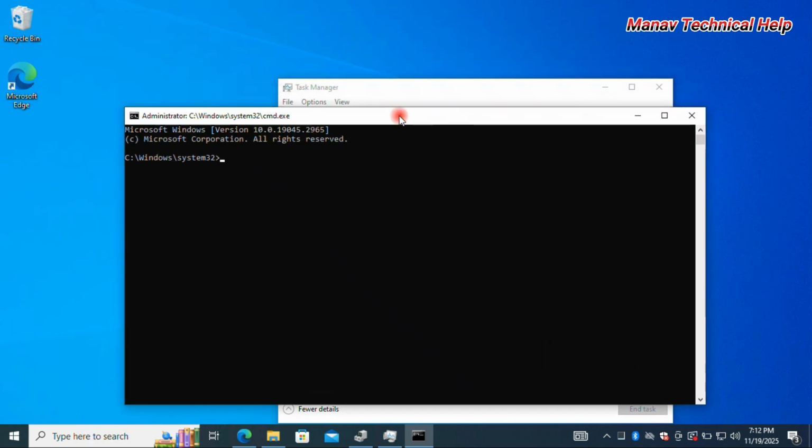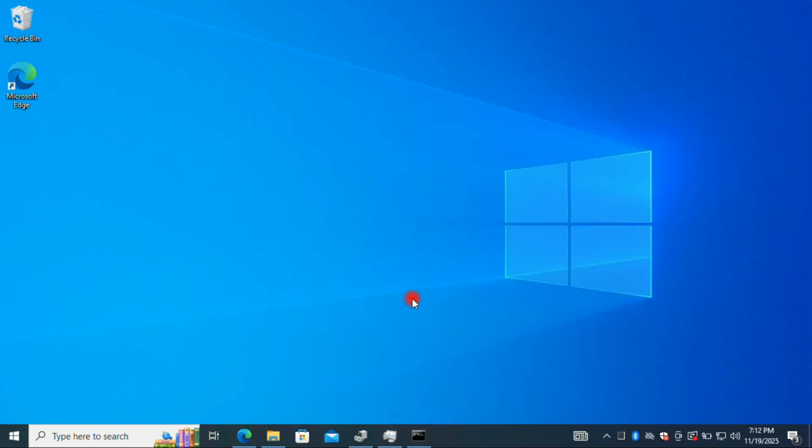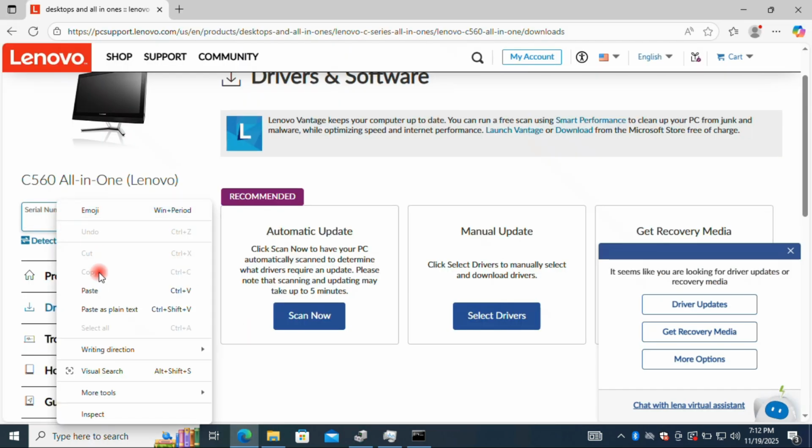After that, type a command, same as it is: cmd /k wmic bios get serialnumber, and press enter on the keyboard. You can see here your laptop serial number is this. This is your laptop serial number. Note it down. After that, launch your browser again